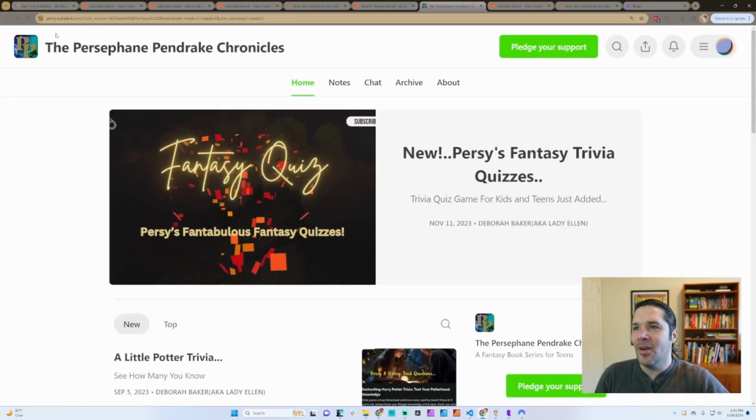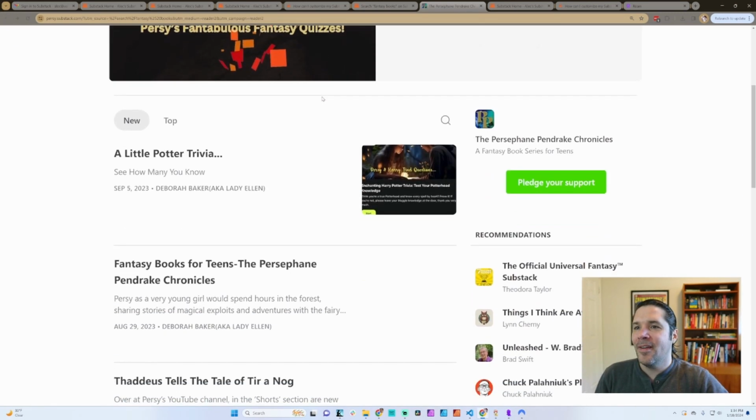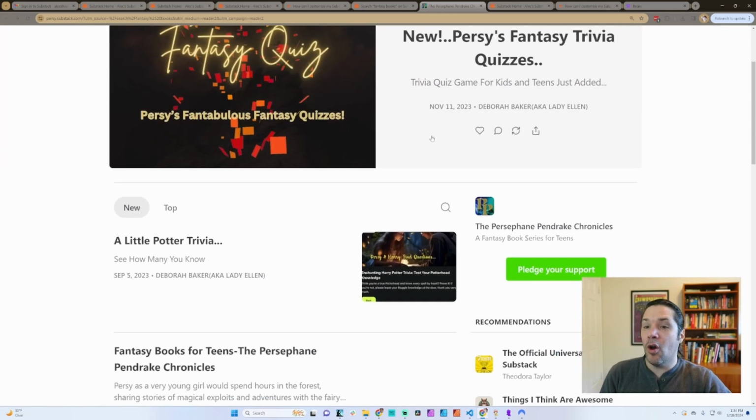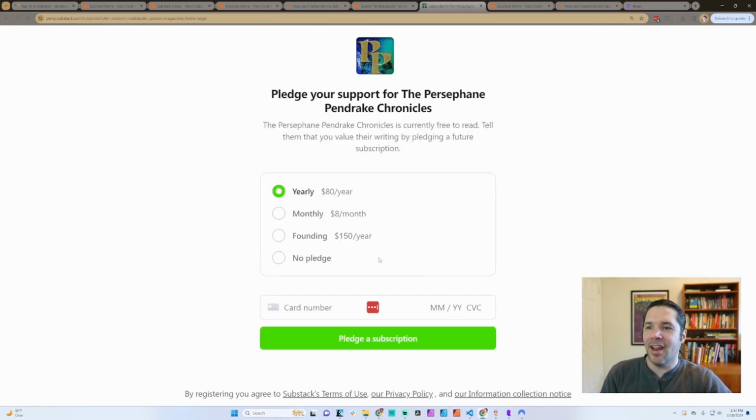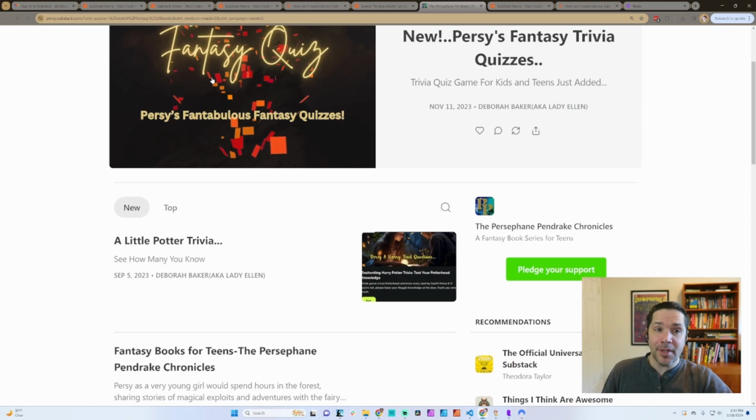So I clicked through to here, and okay, on the home page there's a pledge your support thing, and I found it. It's a couple of clicks in. The other thing you notice is that there's a monthly, yearly, and founding amount that you can set, but you can't do multiple tiers. It's just one tier, which is a lot simpler.